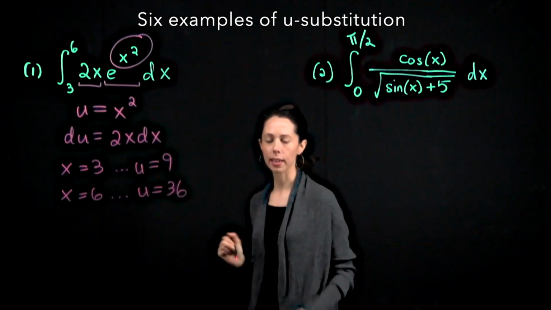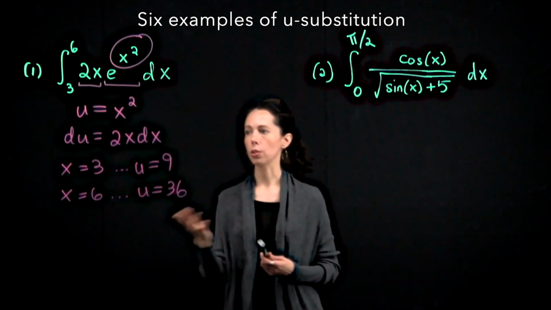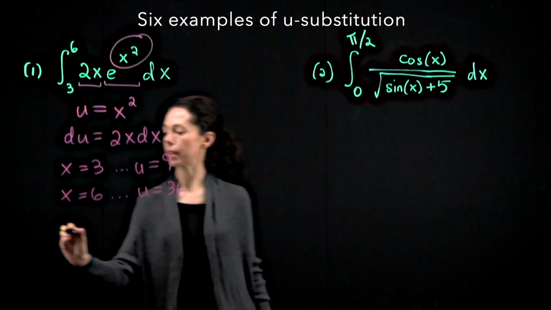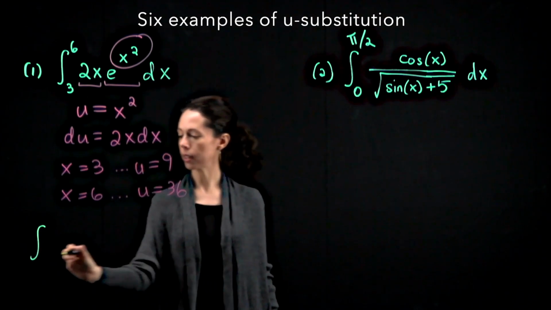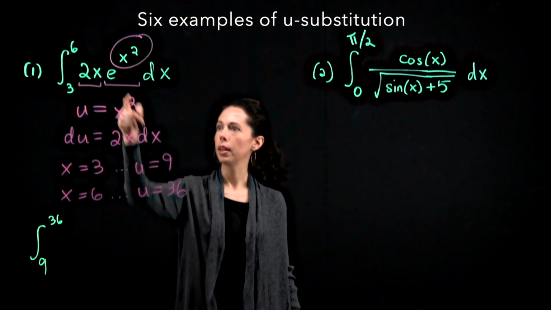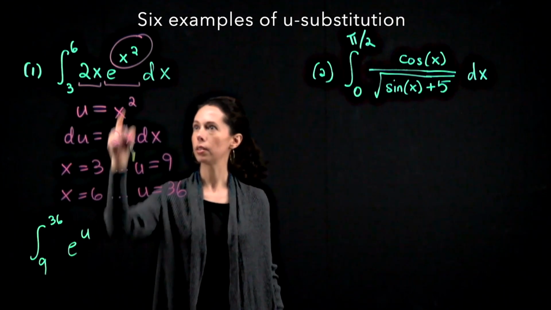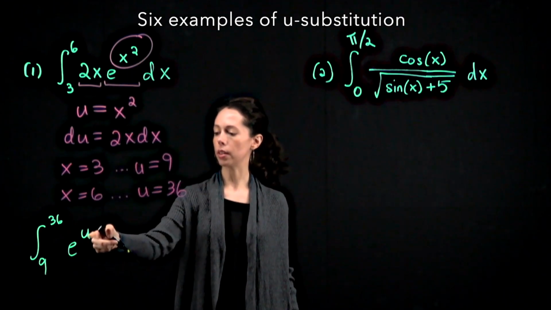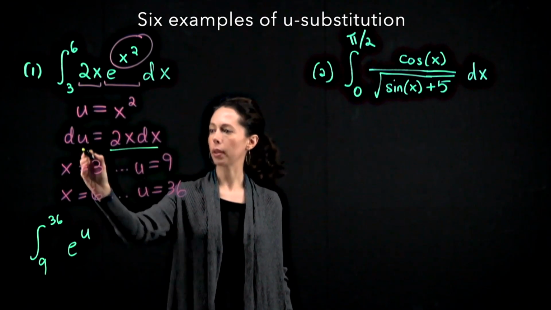Okay, and that's all the pieces I need to convert this integral from one with respect to x to this new variable u. We will say that this is going to be the integral from 9 to 36 of e to the u. So this expression here gets replaced with e to the u, and then the 2x dx is going to get replaced with du,